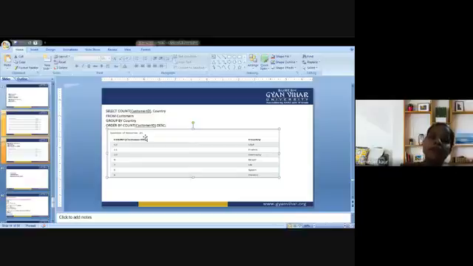Count is in the descending order. First highest order, then decreasing value, then again decreasing value. So this is the main condition.